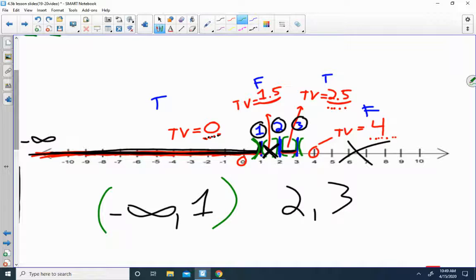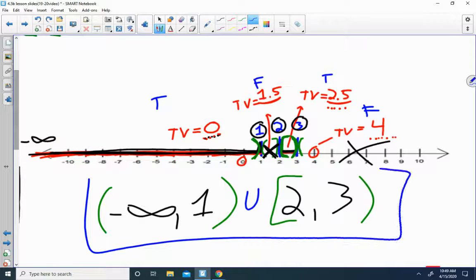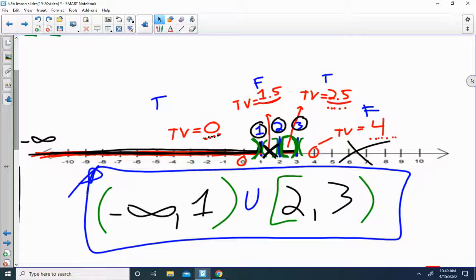And let's take a look at 2. 2 had a closed bracket, and at 3, we had an open bracket. And since we have 2 intervals, use a U symbol or a union symbol, and then you officially have your final answer. So that one was a bit rough, and chances are you may come across an example like this